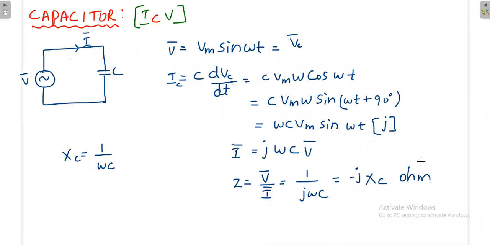It is not on the horizontal axis, it is going to be on the vertical axis, that's it. This is also in ohms only. And again, Xc is equal to 1 by omega C. So from this, what is clear? If omega increases, Xc will decrease, or if you decrease frequency, Xc will increase. It is opposite to an inductor, because in case of an inductor, when you increase the frequency, impedance will increase, but here, when you increase the frequency, the impedance will decrease.